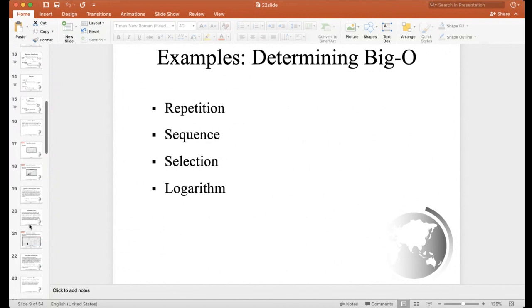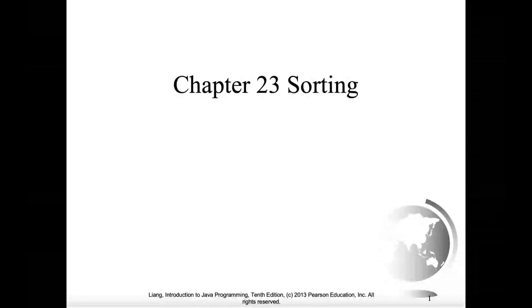I want to focus on sorting algorithms, which are mainly covered in chapter 23. We're going to talk about each of those algorithms,